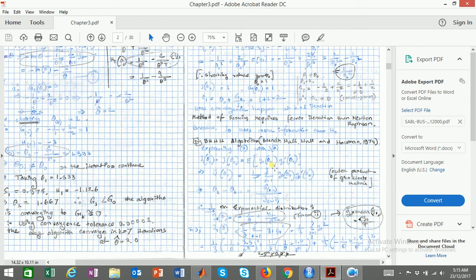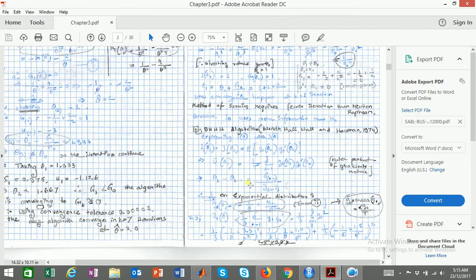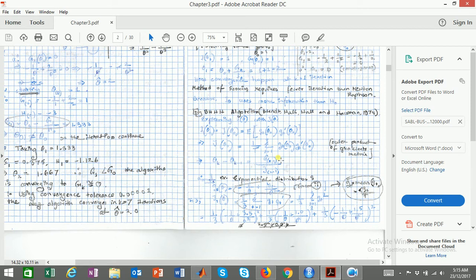We know about inner product and outer product, just the simple outer product of the gradients matrix. So the BHHH algorithm is obtained by replacing the negative Hessian in the equation by J, evaluated at theta k minus 1. So we are just replacing the negative Hessian with J in the BHHH algorithm,